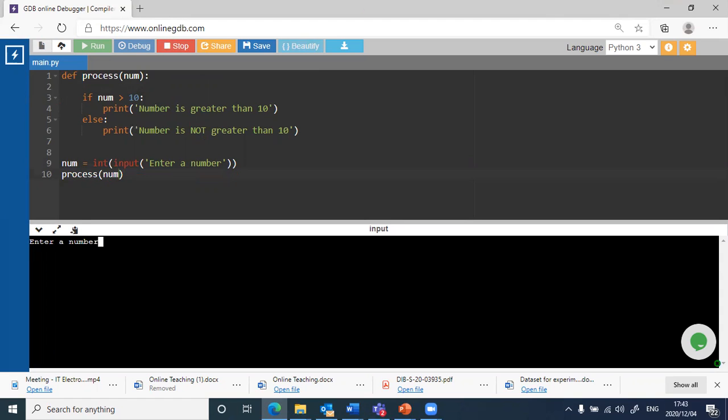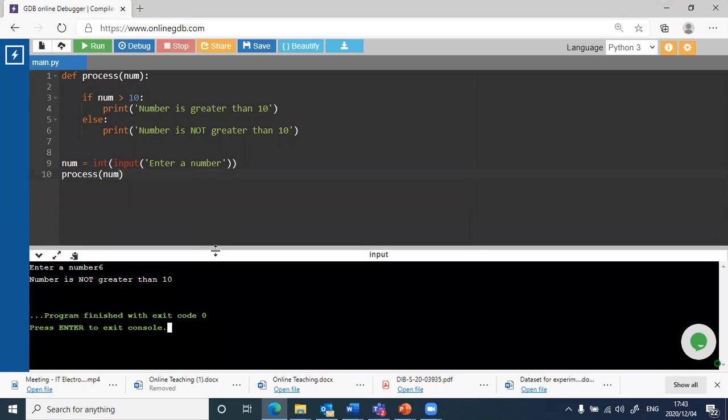Remember, it would have ignored the function, and enter a number is coming from line number 9. When I type in the number, the function is going to be called with that value. So let's enter the number 6, and the function is called,